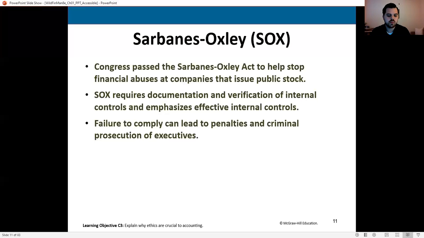Now, notice this primarily deals with public company stock, but some private companies look to this act for guidance on how to structure their organizations. So while this only applies with the penalty of law to your public companies, some private companies will look to this once again for some guidance as to how we might want to handle certain things.